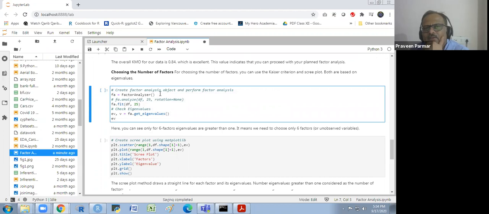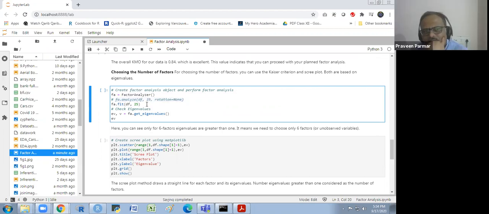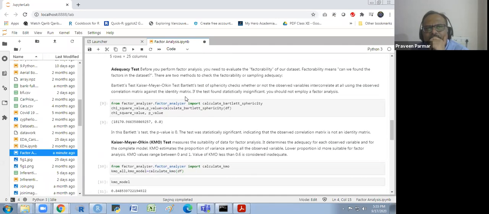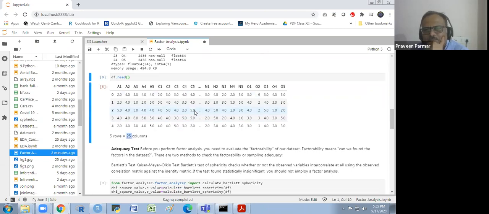Now create a factor analysis object and perform factor analysis. For the FA object name I am giving the factor analyzer, and this function was not running, so I have commented it. Don't uncomment this, it will give you the error. Then fa.fit(data frame, 25). The 25 you will see is the number of columns,